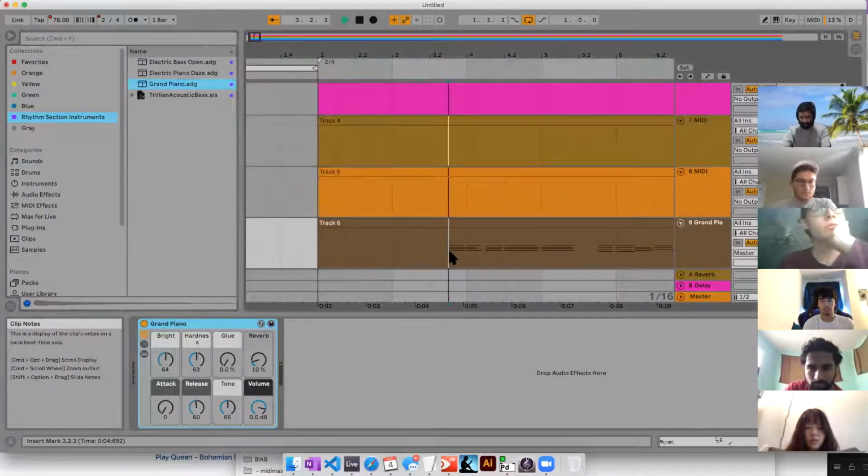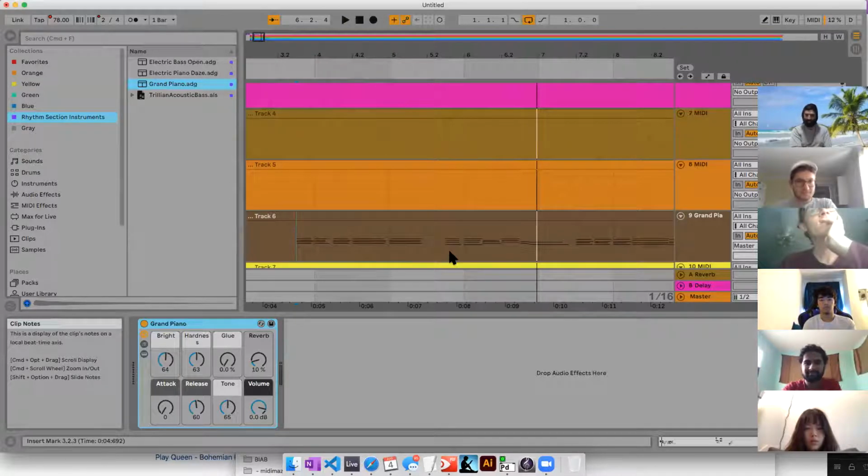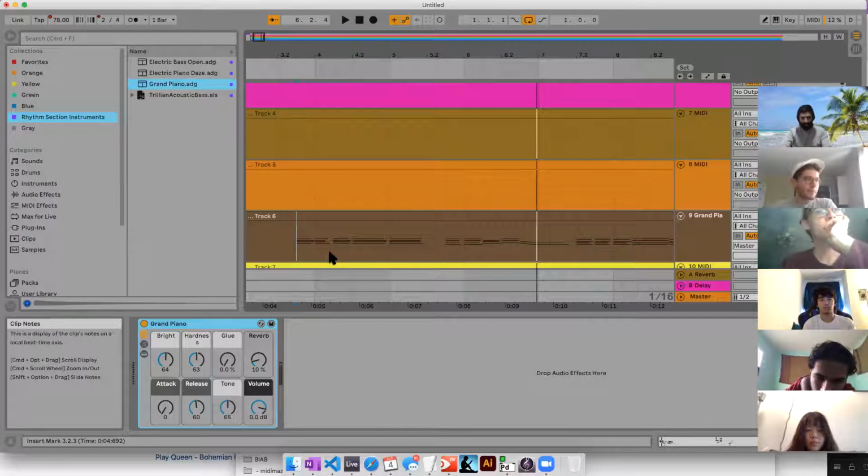So let's see what this sounds like. Is this the real life? Did we just get MIDI to actually play? Yes, we did. We used a piano device, and now everyone probably recognized that, right? That's the beginning to Bohemian Rhapsody. It's done with vocals. It's not done with piano, right? But